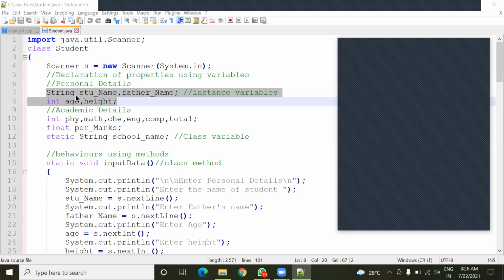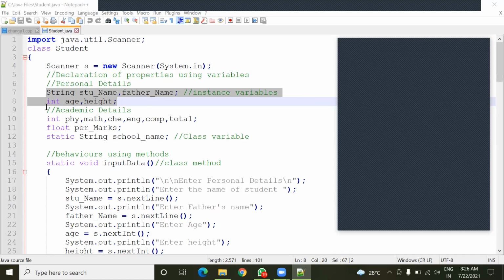There will be the name of the student or not? Yes, sir. Father's name will be there for a student. Age will be there. Height will be there for the student. So you can consider these as the personal properties, personal details of a student.